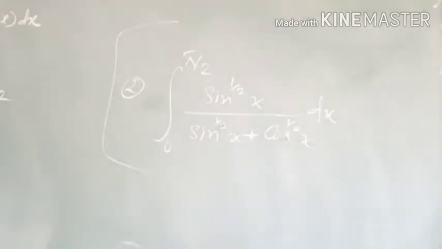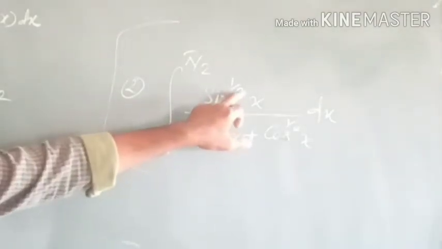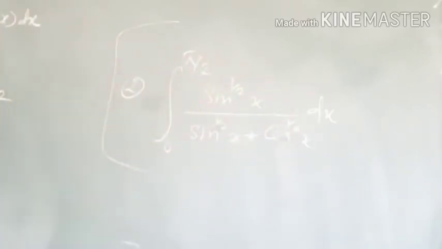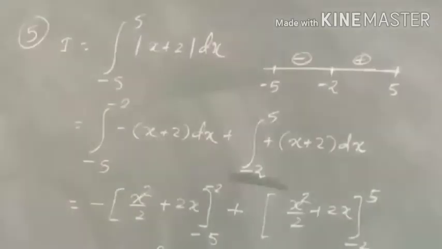So question number 3, which is also the same as this, and 4th also the same as this. If you write here power 5 in place of 1 by 2, once again you will get the same result. So question number 3 and 4, try at your home. Question number 3 and question number 4, which is in homework, style and technique are the same as this.